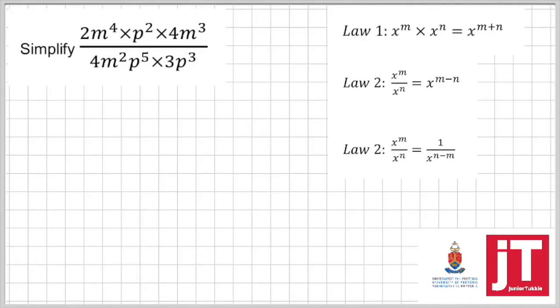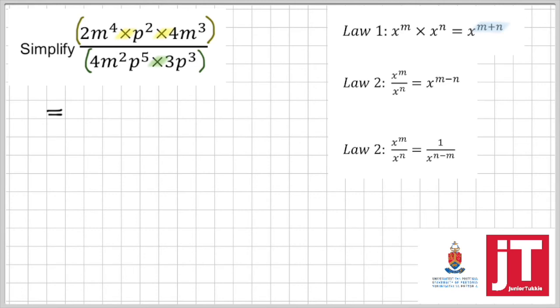Before we end off this video, I would like us to try one more problem. This problem requires us to use law number 1 and law number 2. We have a fraction that we need to simplify as far as possible, and we are multiplying in the numerator and multiplying in the denominator. So let's start off by multiplying or simplifying the numerator as far as possible and doing the same for the denominator. When multiplying, we look at law number 1, which says when multiplying powers that have the same base, we